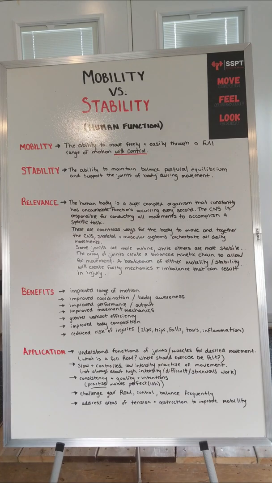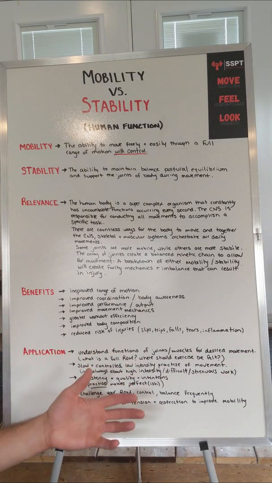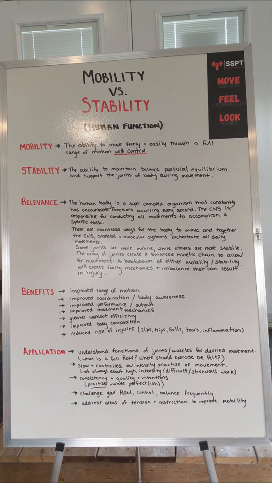So having a basic understanding of what that joint does. Like, does the joint flex and extend? Does it rotate? Does it have any type of lateral movements? When you look at an elbow, again, a little bit less complex than a shoulder joint. So having a basic understanding of what those joints are and the muscles that innervate them, so that as you're doing it, you can make sure that you're feeling everything where you're supposed to,